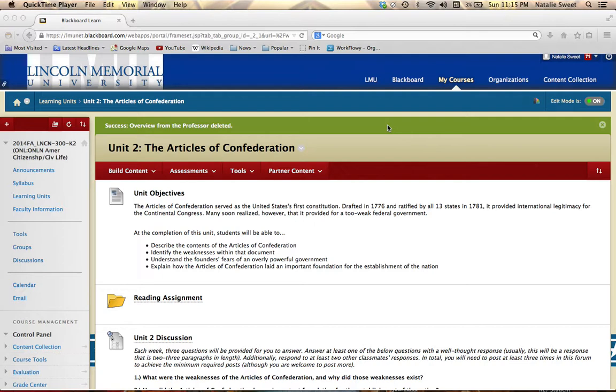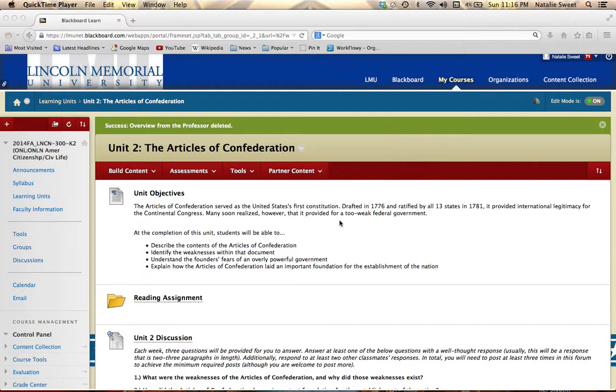One thing you're going to note as you read through this document, and one thing I really want you to pay attention to, is look for opportunities as you go through and think, is this the powers that a federal government needs? Or do you think that those articles are too weak? Because in 1781, in fact, and even in 1776 and 1777, a group known as the Nationalists felt that the Articles of Confederation provided for a too-weak federal government. And you'll see what we mean as we go through.